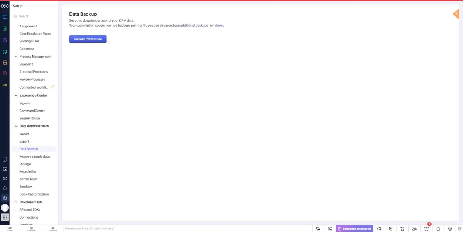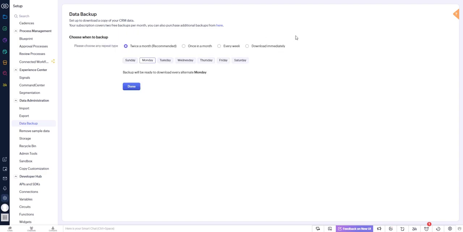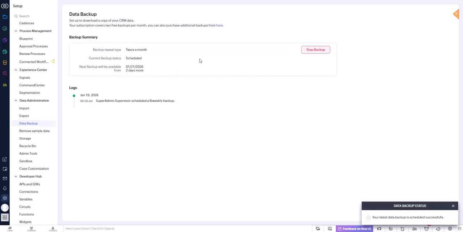Then from there, we have a backup reference. So upon clicking this, you see that you can choose any repeat type, be it twice a month, once in a month, every week, download immediately, depending on your use case or depending your setup. Could be twice a month or every day. So assuming you want to choose Wednesday, click done, and from there you can have